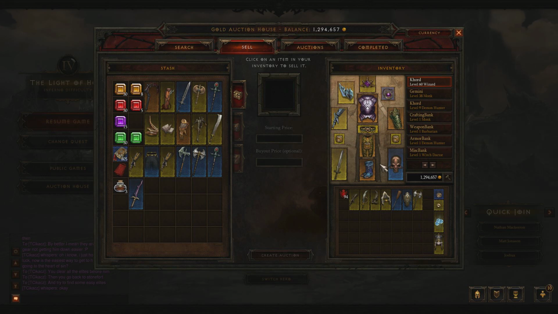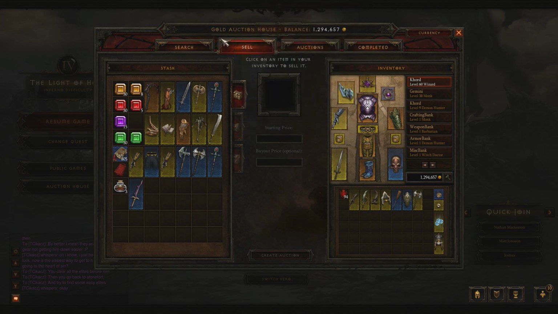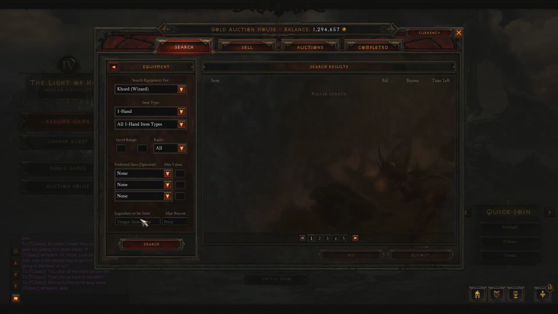Now, there's basically 3 very important pieces for a wizard, and I'll just go ahead and use those as an example. Obviously, you can do this for any type of gear you're looking for, but let's say I'm looking for hammer jammers with intelligence and vitality on them. Now, if we go into equipment, we go down here to legendary, we type in hammer jammers, we're going to